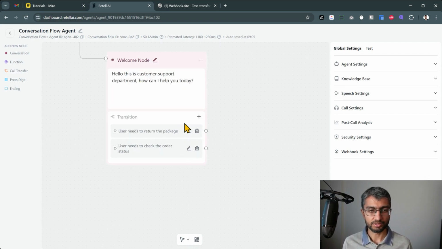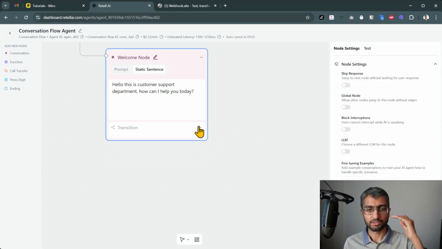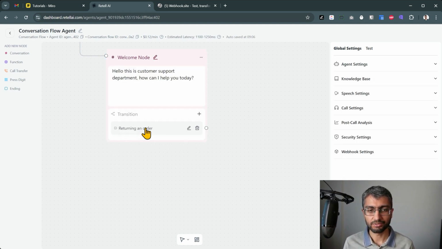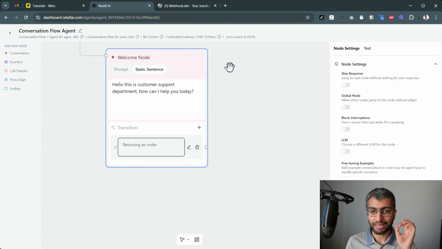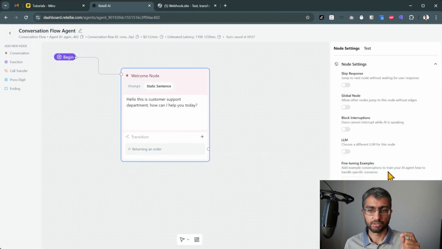Now, the transitions here, and you can have a lot of transitions about the different types of conversation pathways that can be added. So let's say we want one of them, and you just describe the condition, which is like, I'd like to return an order, please. Returning an order. Okay, so this is the high level definition, but then what you can do, and it makes it really powerful, is you can add fine tuning examples. So if I click add here,